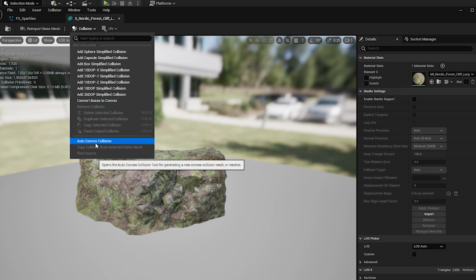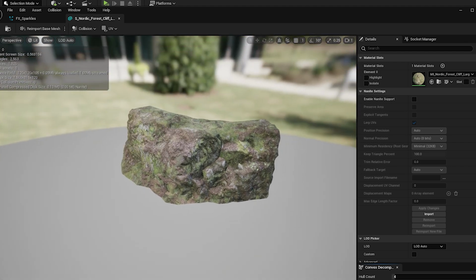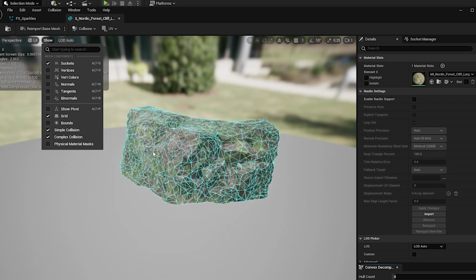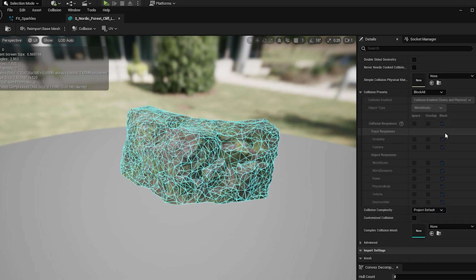There is a way to make the actual mesh of the object be the collision, and that's what we want. Essentially, when we say collision, it's the surface that will interact with your player. And in this case, you can see here, I've figured out how to make the actual mesh geometry the collision, and then